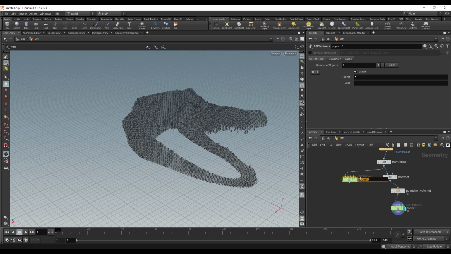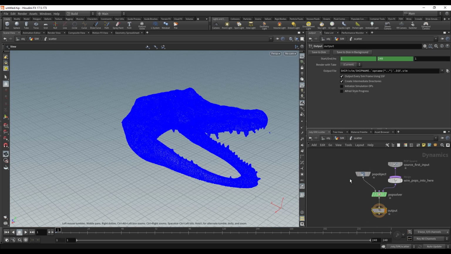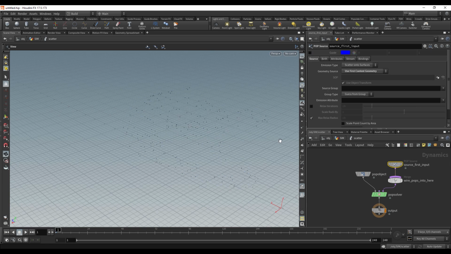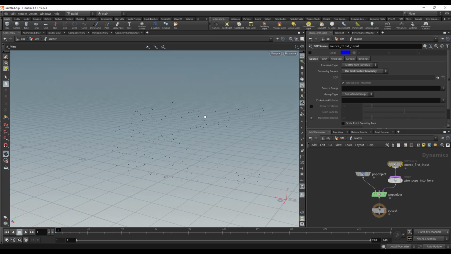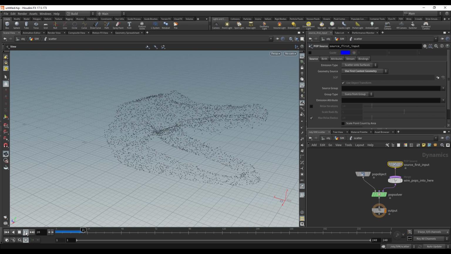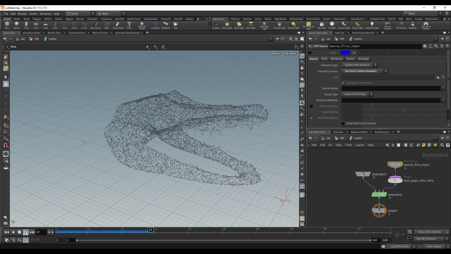And we're going to scatter some more random particles over our alligator, which will tell our sim where to melt from. So let's rename this guy. We'll call that scatter, and we'll activate that and go inside. And again, we'll disable our guides. And you can see we've already got a bunch of random particles being generated on here. So if we were to hit play and just make sure our playback is set to real time,